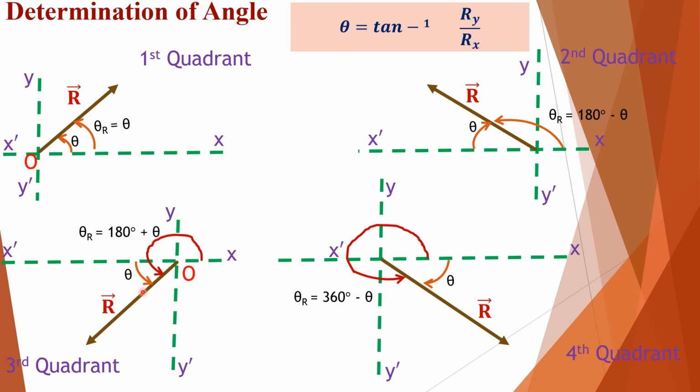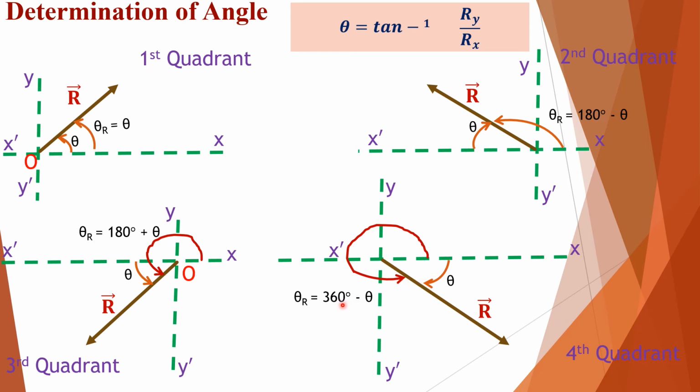So for finding theta r, we can add 180 degree plus theta to get this complete angle theta r. That's why theta r is equals to 180 degree plus theta. In this figure, Rx is positive and Ry is negative. So theta r lies in fourth quadrant. We can determine theta r is equals to